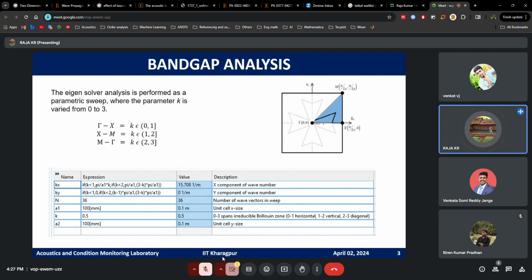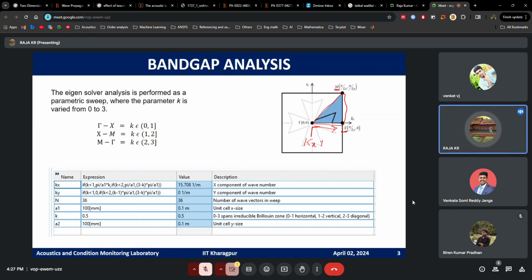Okay, so this is your Brillouin zone, right? We term it as gamma, X, and M. Now, when we are going from gamma to X, what you can see,